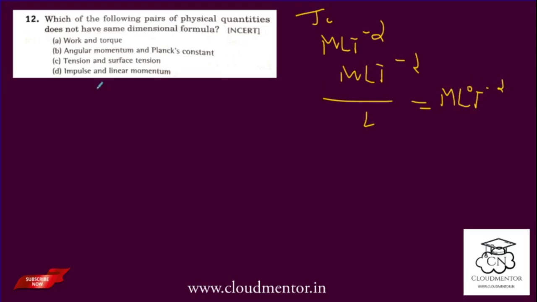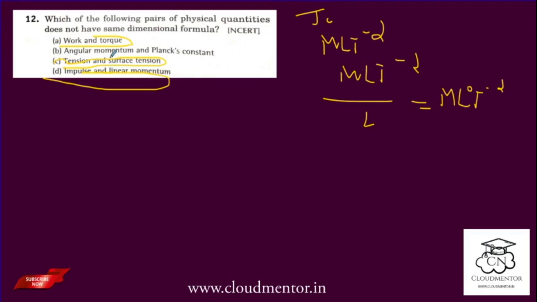Impulse and linear momentum have the same dimension formula, since impulse is the change in momentum. Work and torque also have the same dimension formula. Tension and surface tension do not have the same dimension formula. And we have forgotten